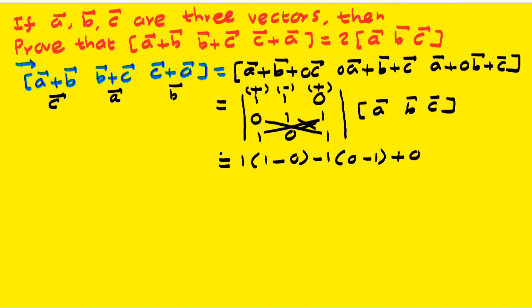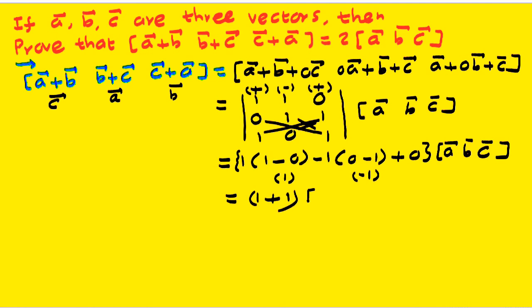So, we do not need to express that. 0 into anything will be 0 into the box product of A vector, B vector, C vector. So, 1 minus 0 is 1. Here 0 minus 1 is minus 1. Here it is plus 0. Which is equal to 1 into 1, 1 plus minus 1 into minus 1 is plus 1. Minus 1 into minus 1 is plus 1 into the box product of A vector, B vector, C vector,